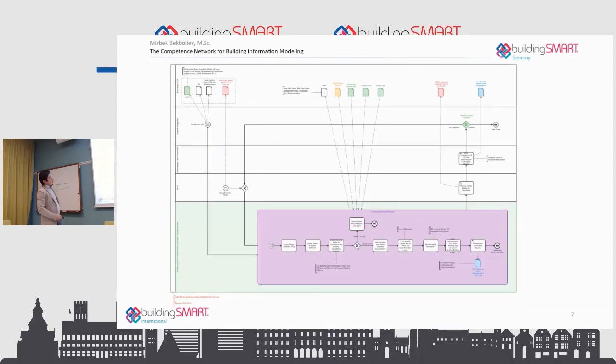And this is our process map. You will find it also in the use case management. It's all available there. This is a classical process map. By the way, it's phase independent because it can be an existing building, right? It's project dependent. It means I can have a renovation of an existing building or a new building. But the most important thing is that you have all your requirements here. You need to know your requirements.